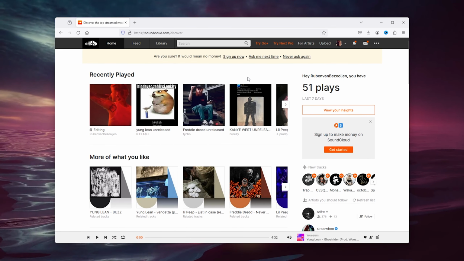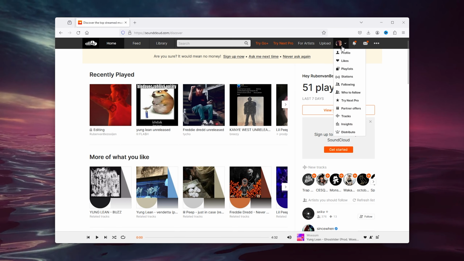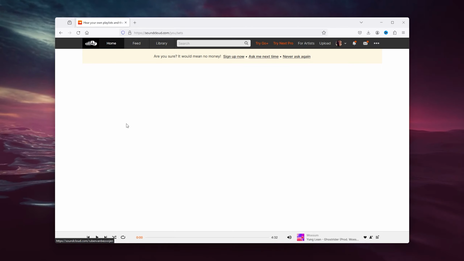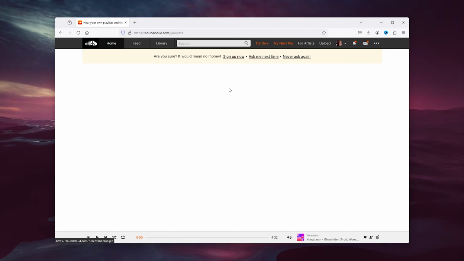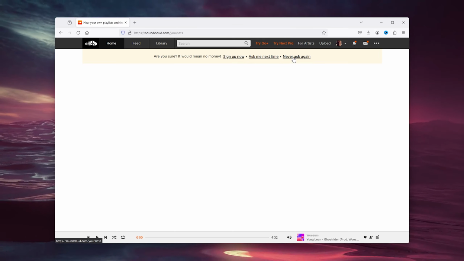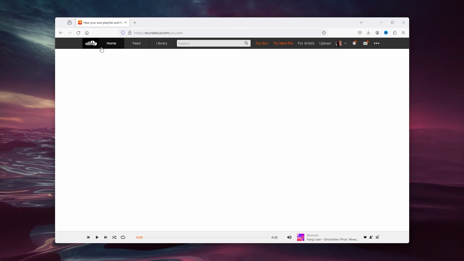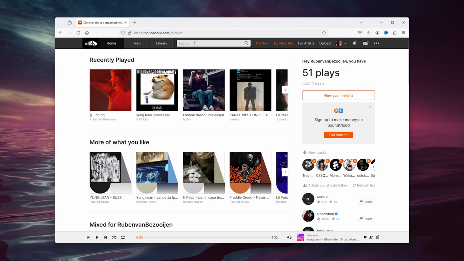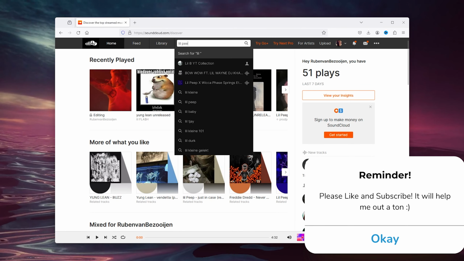Now the first step that you probably have taken is go down to your profile right here, head down to playlist, and from here try to make a new playlist. Now this doesn't work because it actually doesn't show up the playlist option. What you actually need to do is simply head down and search for the song that you want to